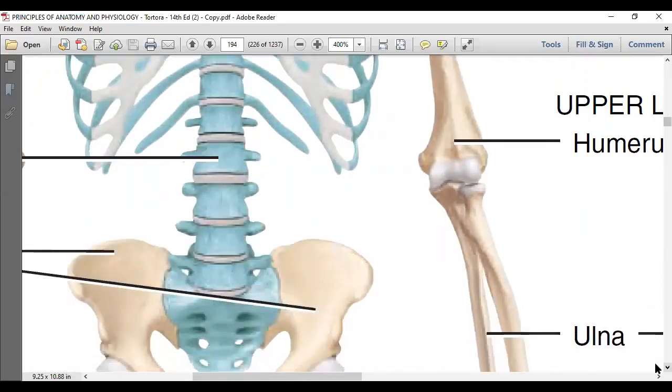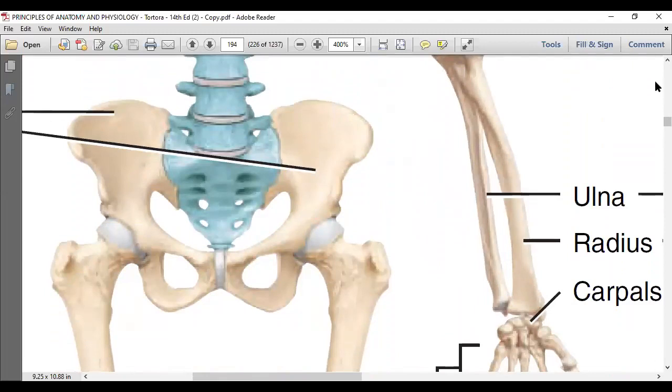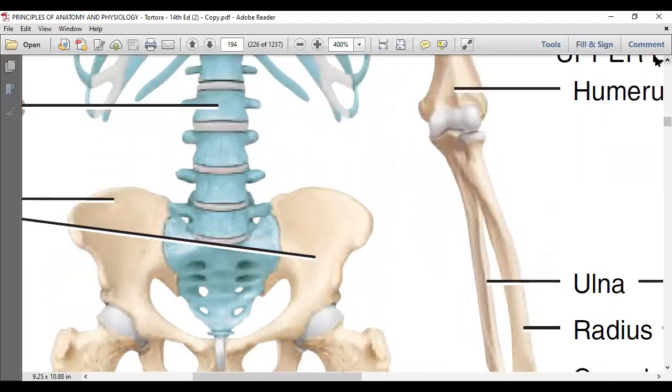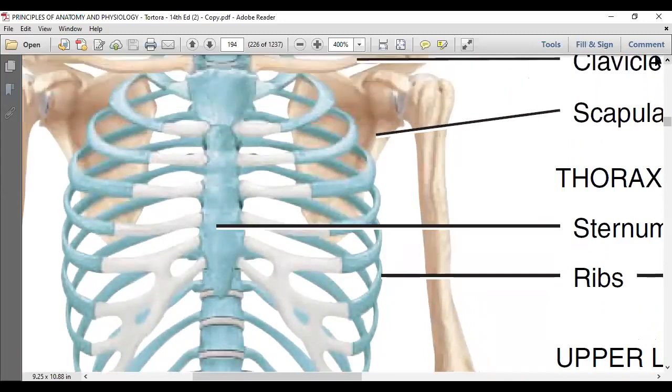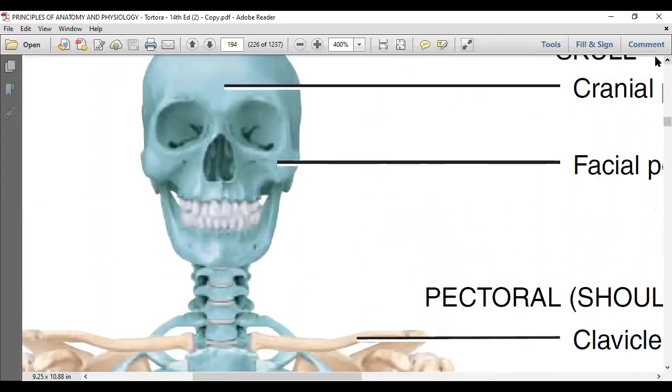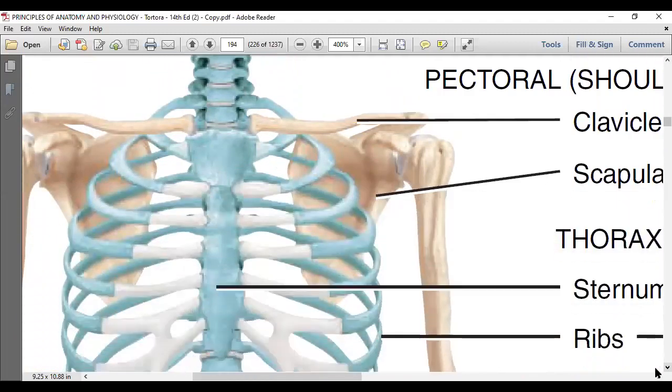Then this is the pelvic girdle. Now let's talk about the joints here. We are discussing the joints. Let's come from the top. From the back side only, you can see that. Now let's start. This is one joint.